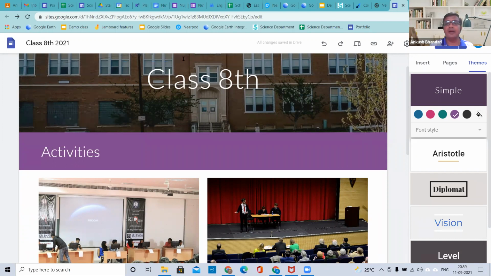After this, you can share the link of this website with anyone else. So how to share the link? Before we share the link, can you go to option number 3, everyone? Can you see option number 3, which is called the preview option? On the top bar, on the right hand side, you will see 2 arrows, undo and redo. After that, you will see a preview option. Just click on the preview option.